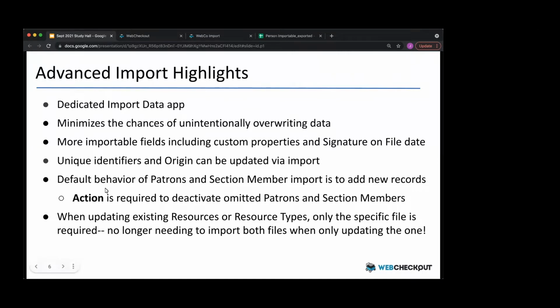Okay, moving along, the default behavior of patrons and section member imports is to add new records. So now there's this action configuration, which would be required to deactivate omitted patrons and section members from the import file. This is new behavior, as currently the patron and members